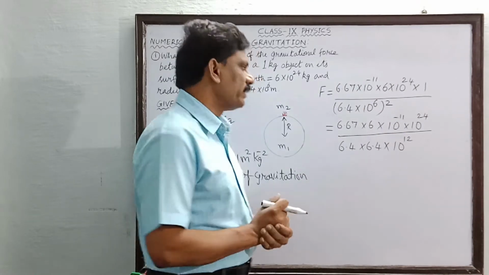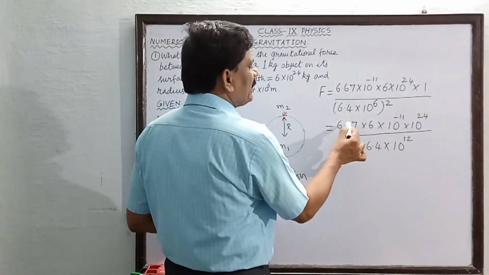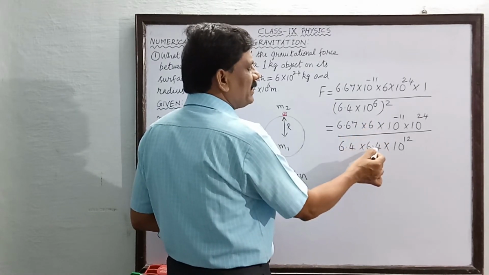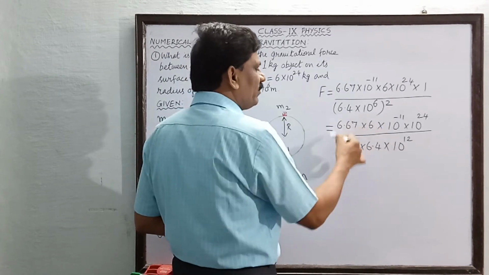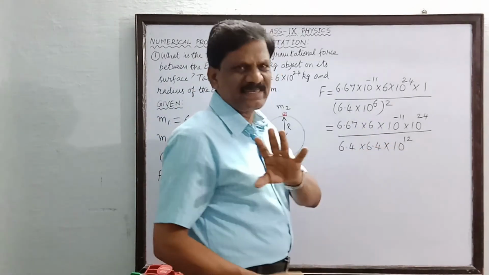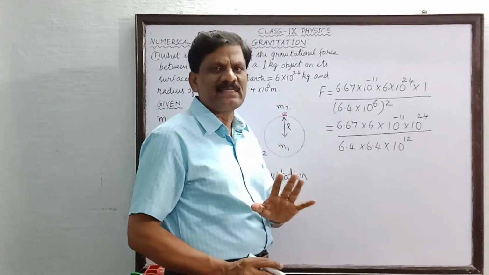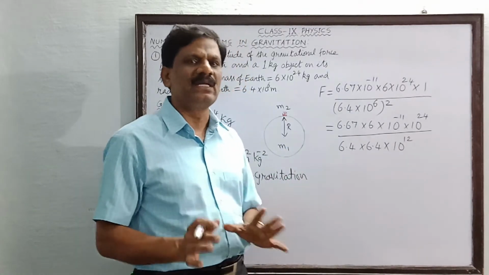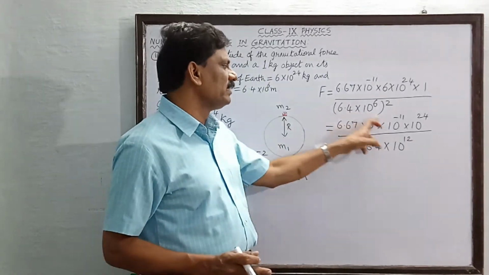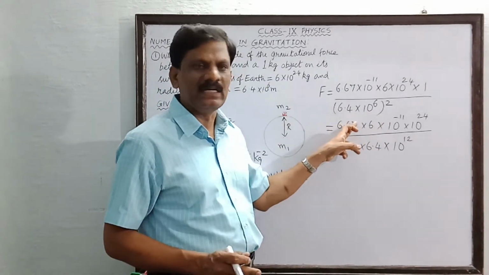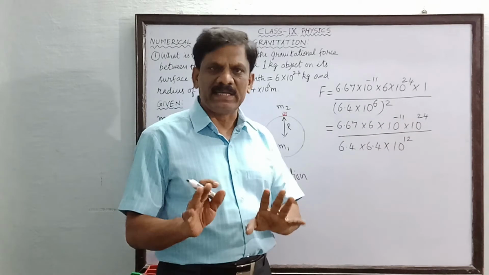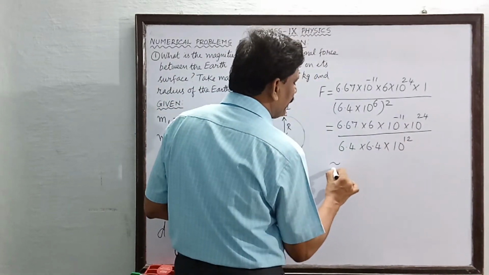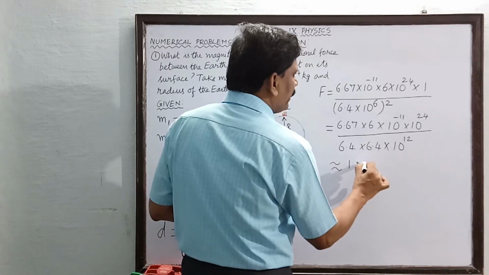Okay. So if you roughly cancel, 6.6 into 6 divided by 6.4 will be nearly equal to 1. Guesswork I am telling you. In competitive exams, multiple choice and all, we are not given calculators. In that situation, you can guess the answer. Approximately this quantity will be equal to 1, is it not? And 1 into 10 is equal to 10. So what I am going to say is this should be nearly equal to 10 Newton.